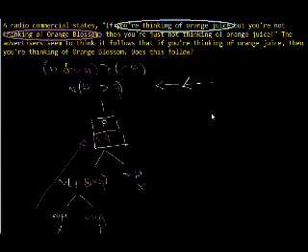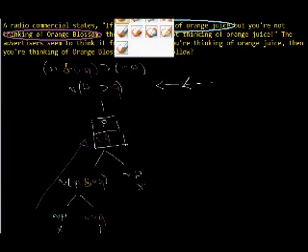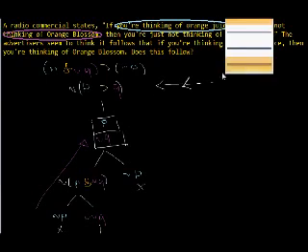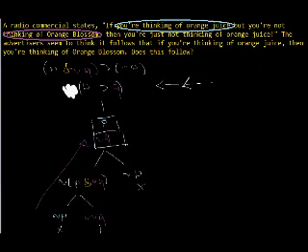Which means that the original one, where we did not negate the conclusion, is actually valid. This argument is valid because there's no case where the premise is true while the conclusion